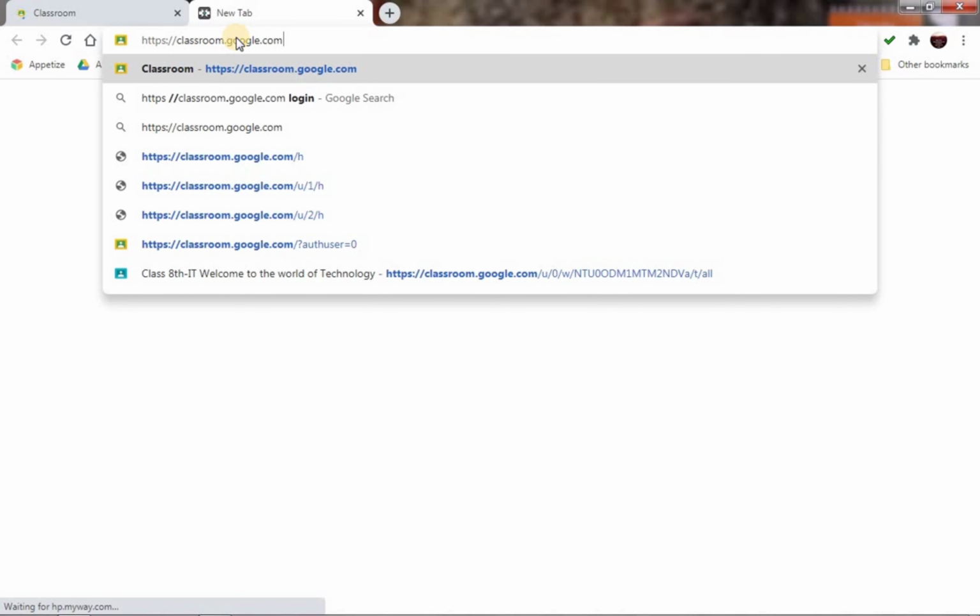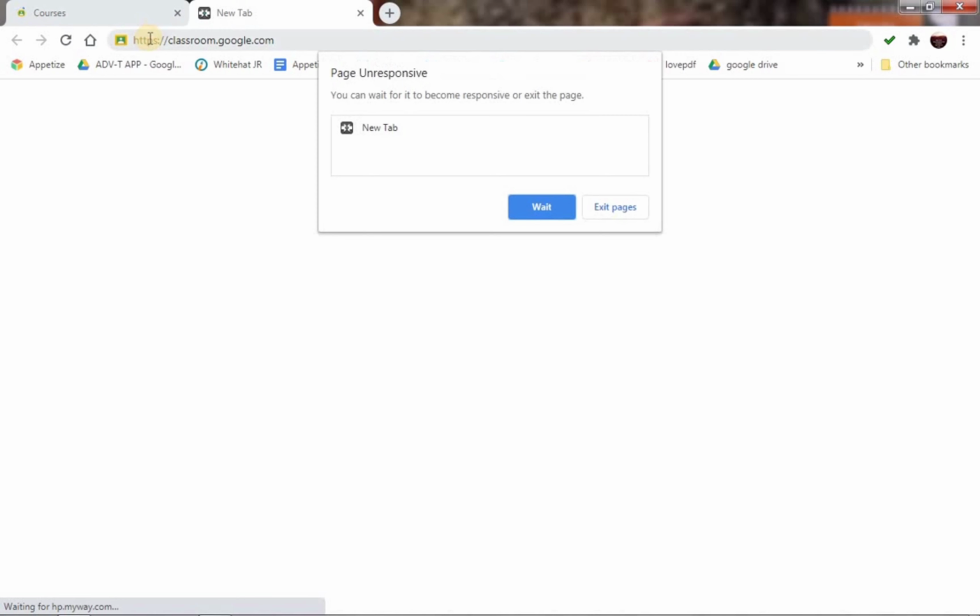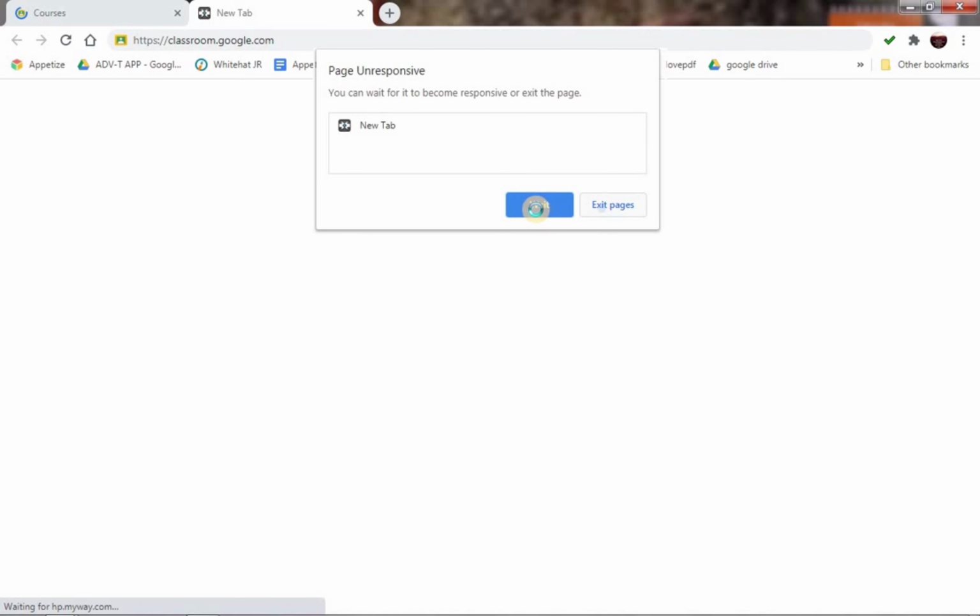Because sometimes what happens, this is the protocol, the first one is the protocol for HTML. We know HTML is the hypertext markup language which helps us to make the websites, right? So this is the protocol which runs through. So you can see it's loaded here almost.